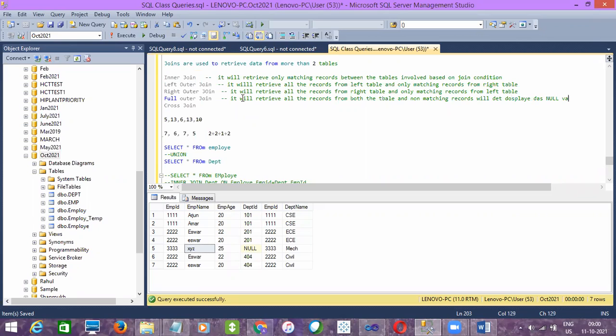You got it, right? So wherever matching records are there, those values will be present in the columns here. But if you don't have a matching record, then the values will be null. That is what it means. So it will retrieve all the records from both the tables.